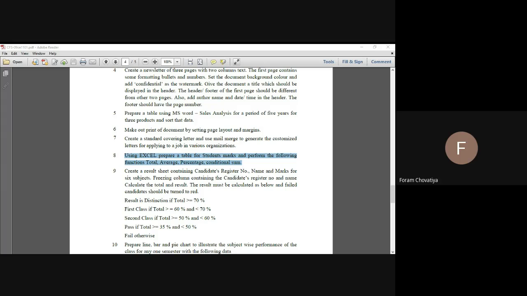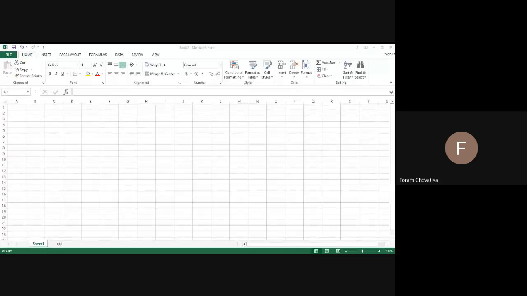Is the slide visible? My PPT is visible. The blank sheet that opens has multiple boxes. One individual box is called a cell.